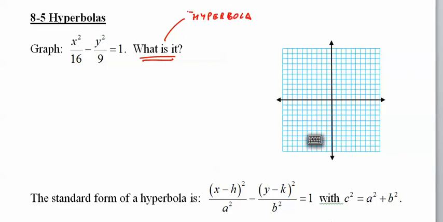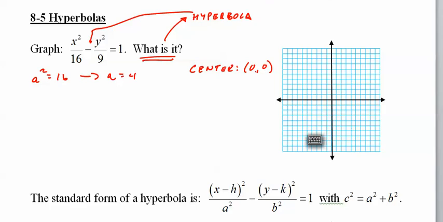And it's not an ellipse because of the subtraction right here. So a lot of things are the same though. A squared equals 16, therefore a equals 4. You can find the center at 0, 0 because there's nothing next to the x and the y. B squared equals 9, therefore b equals 3. So you say, I know what to do. I go to the center, go left and right 4, up and down 3,